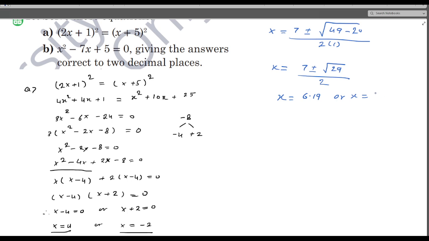So it is 0.807 means 0.81. Okay, so when in your question it is mentioned that write your answer up to 2 decimal places, please write your answer up to 2 decimal places only. Okay,